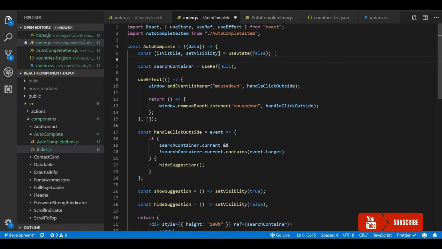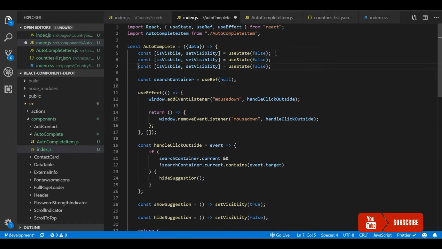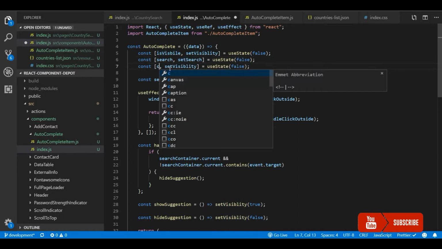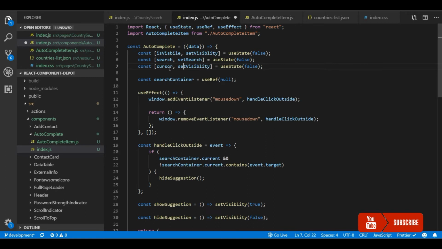So I'm going to accept this as a parameter, as props, and I'm going to have a few more states to manage a few things. One is the user input search. Whenever a user types in the input box, we will hold that in our state, and also the cursor, the current selected item in the list. We will need this for highlighting the list item that the user chooses, and to scroll to that particular list item we need the cursor.